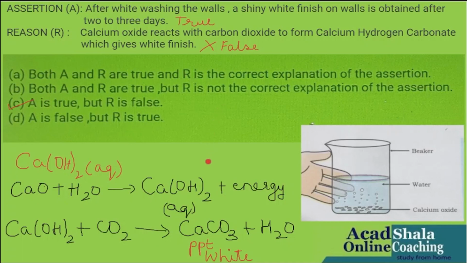Finished. So this is the way you need to solve assertion reasoning questions with your prior knowledge, which is very, very essential. You should be very thorough with your chapters, with your content, with your concepts, children. Then only you will be able to solve these types of questions which will be coming up in your board examinations.